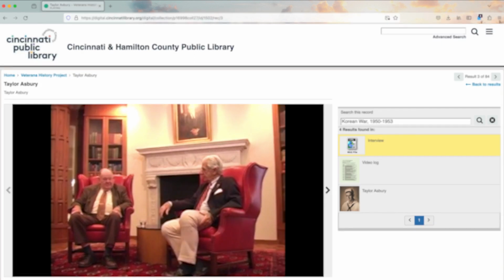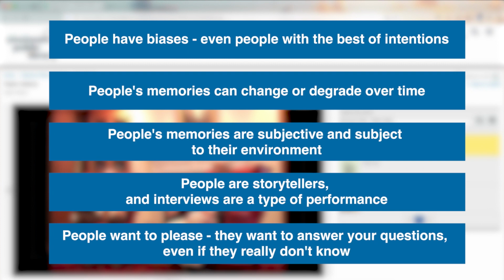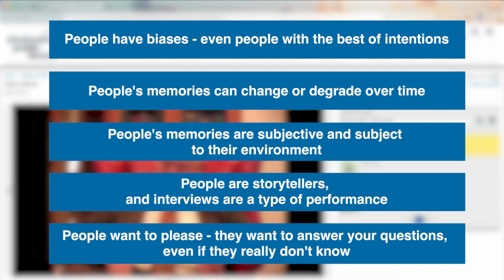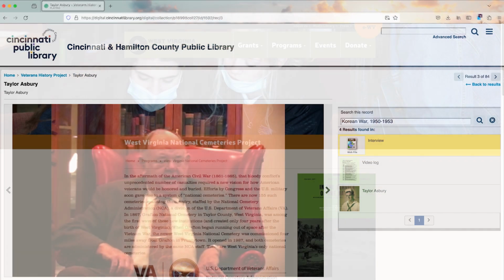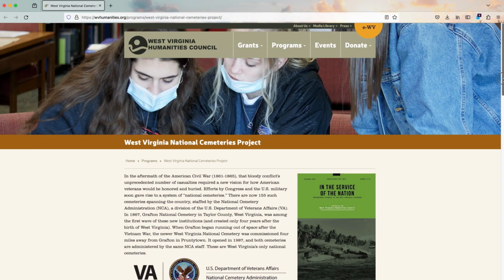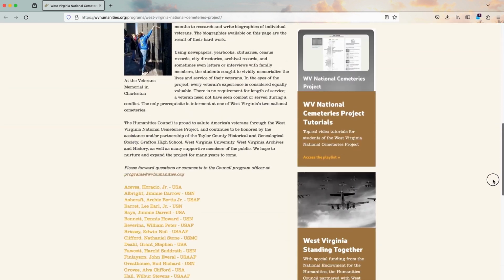But take care to remember that all people being interviewed are human beings. That means they have a story to tell, but their memories are only one perspective. Don't assume that just one oral history interview tells the whole story. Plus, memories can change over time as a veteran reflects or learns new things that change how they view their own experience. Let's examine a past biography for how oral history can really bring a text to life.